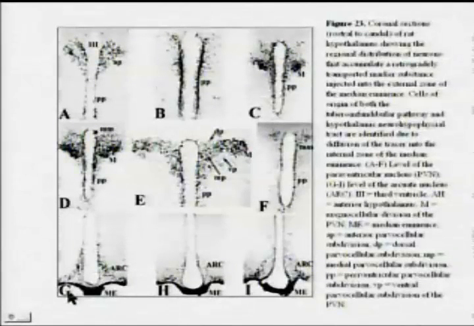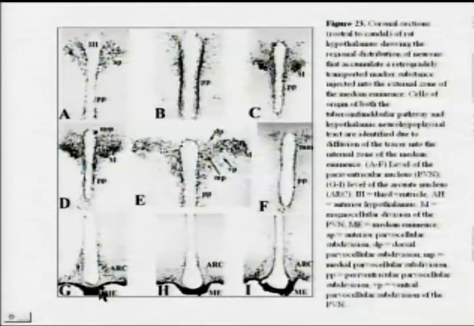So this slide is illustrating the results of a study to determine the neurons within the periventricular zone of the hypothalamus that project to the median eminence. To accomplish this, they injected a tracer that will be picked up by terminals and carried back to the cell bodies, a retrograde axonal tracer, into the external zone of the median eminence, where they were hoping just to hit the primary capillary bed to identify the hypothalamic neurons that regulate the anterior